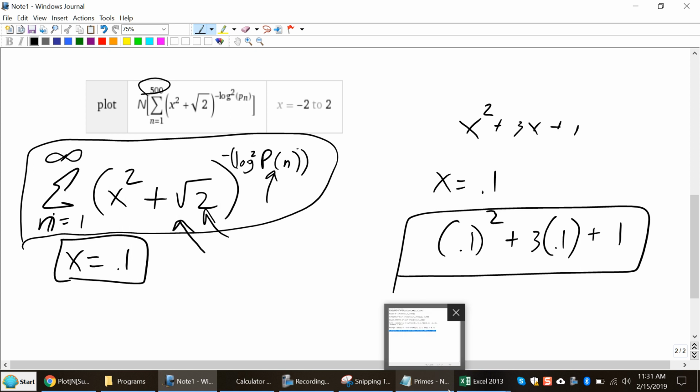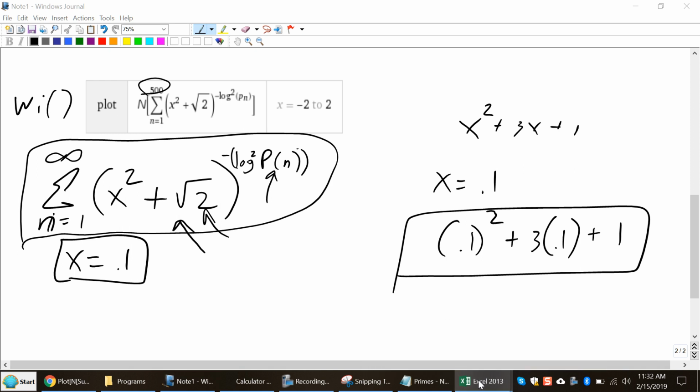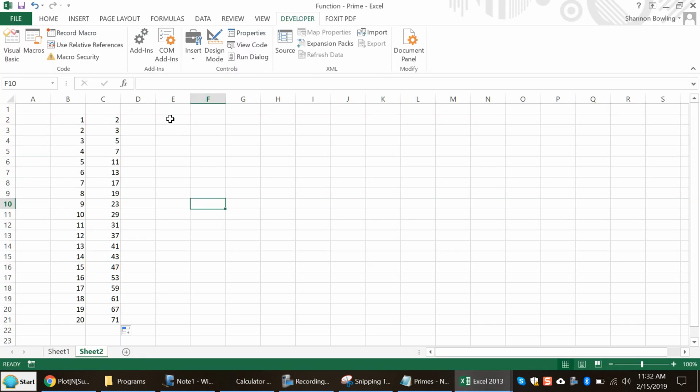Now, this is a function that I call W-I. And this is something I came up with, so it can be anything. So if I come in here now and I take a number like 2, and I say W-I of 2, you see I calculated that? Let's suppose I make it 1. Let's suppose I make it 0.4,